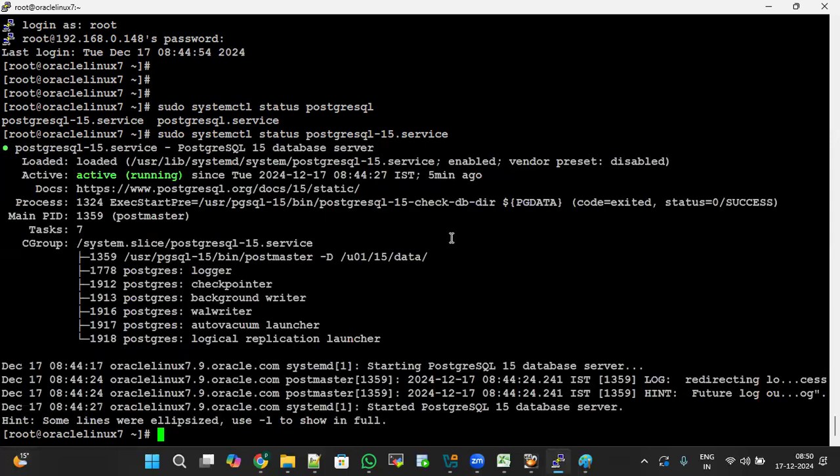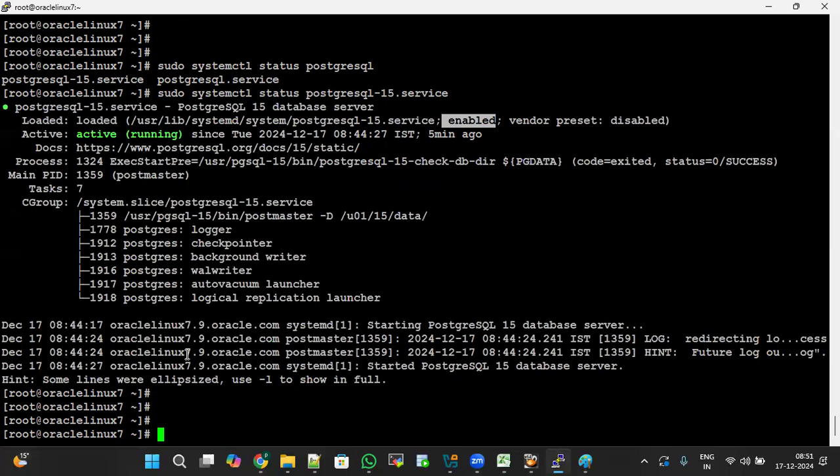When you start the services with systemctl, make sure the services are also enabled. If it is disabled, the next time the server is rebooted, the services won't start automatically. Clear? Yeah. And Venkat, how we can get